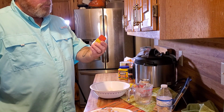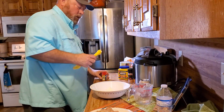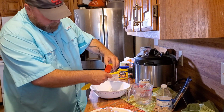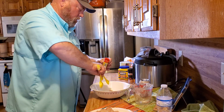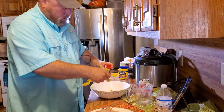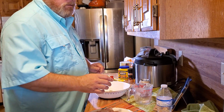I said little Old Bay because that's probably the smallest container of Old Bay I've ever seen. All right, so we're gonna do a teaspoon and a half. Let's find the teaspoon. We're not too particular on the measurements here, folks, so if we get some over the sides, it's fine. Give me a half a teaspoon. A little bit more, half a teaspoon. All right, so that's all the dry ingredients. Now